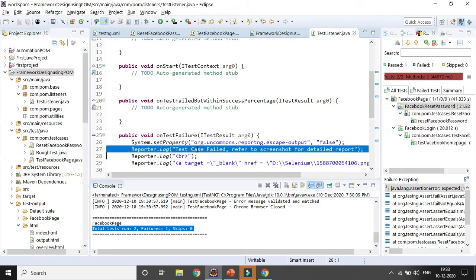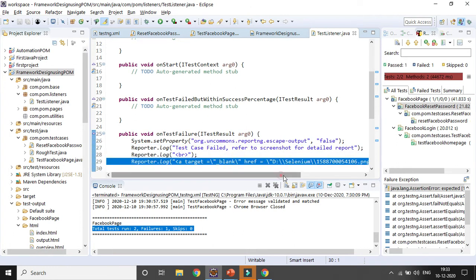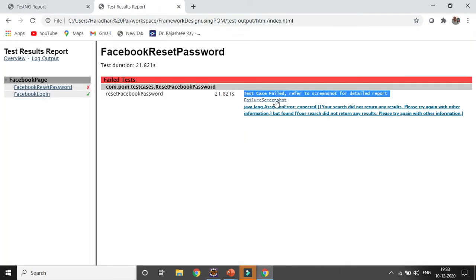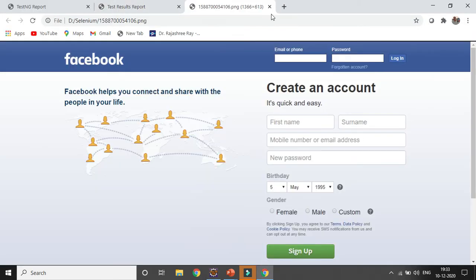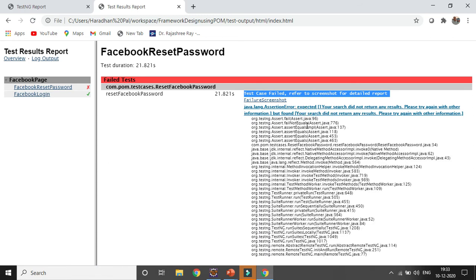That comes first, then one line break, and then the hyperlink, failure screenshot, comes. If you click here, it will open in a new tab, and you can see the details of the message, what the deviation is and for what reason it failed.